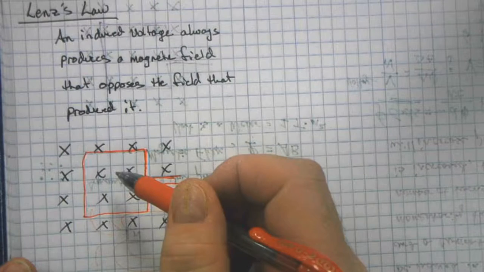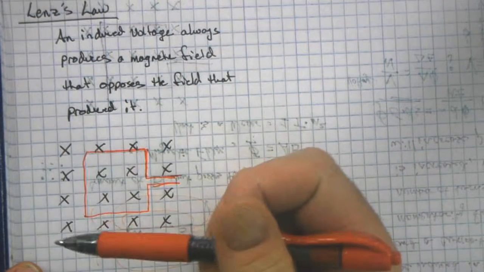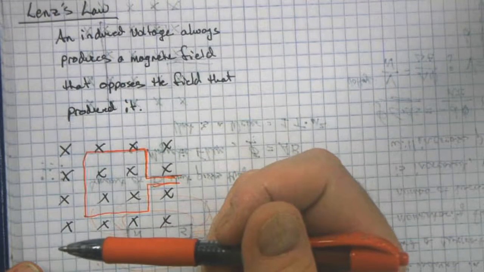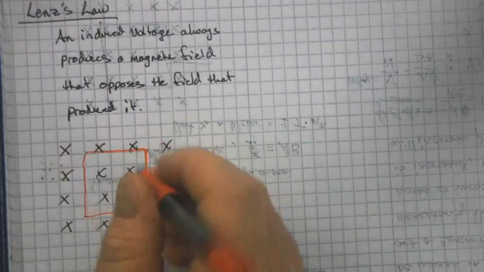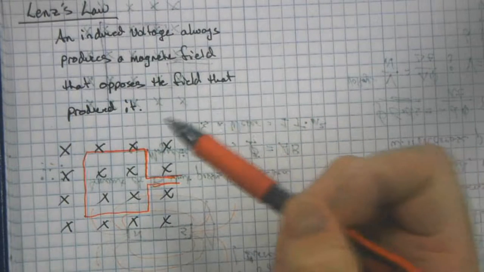Yeah? Okay, so if we start spinning this, if it's perpendicular now, that means we have the most flux possible. So if we rotate it, we're going to decrease our field, right? You guys follow me here? If we turn it, we're going to decrease the amount of field going through it. Okay, but that field is going in this direction. The current that is produced will go in the opposite direction to the change.